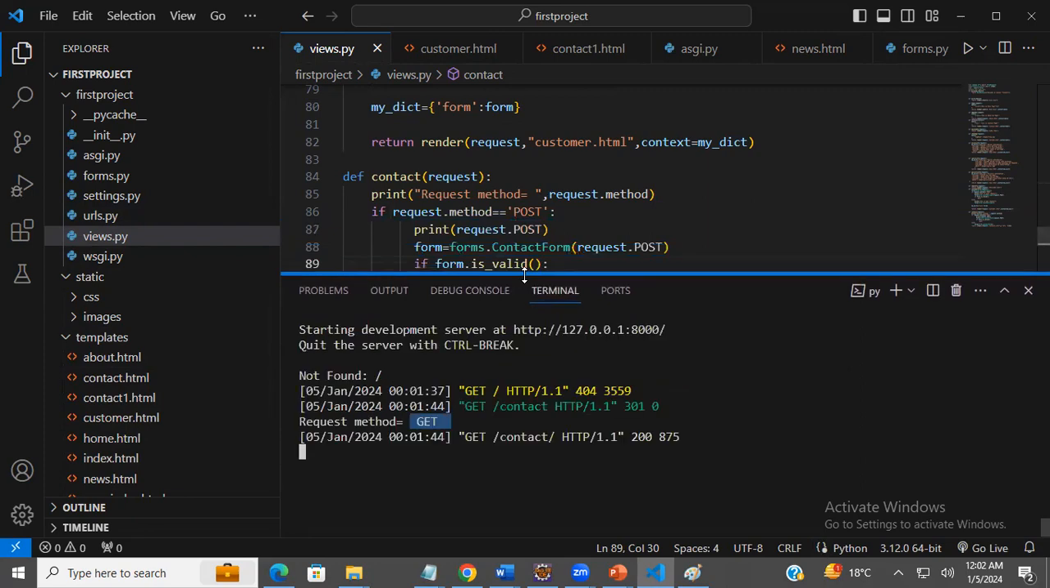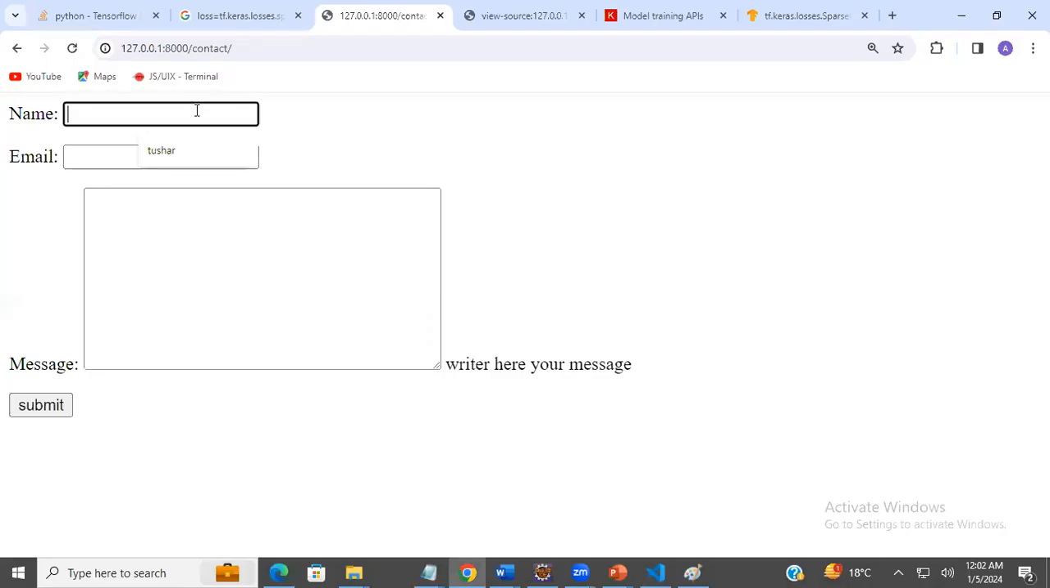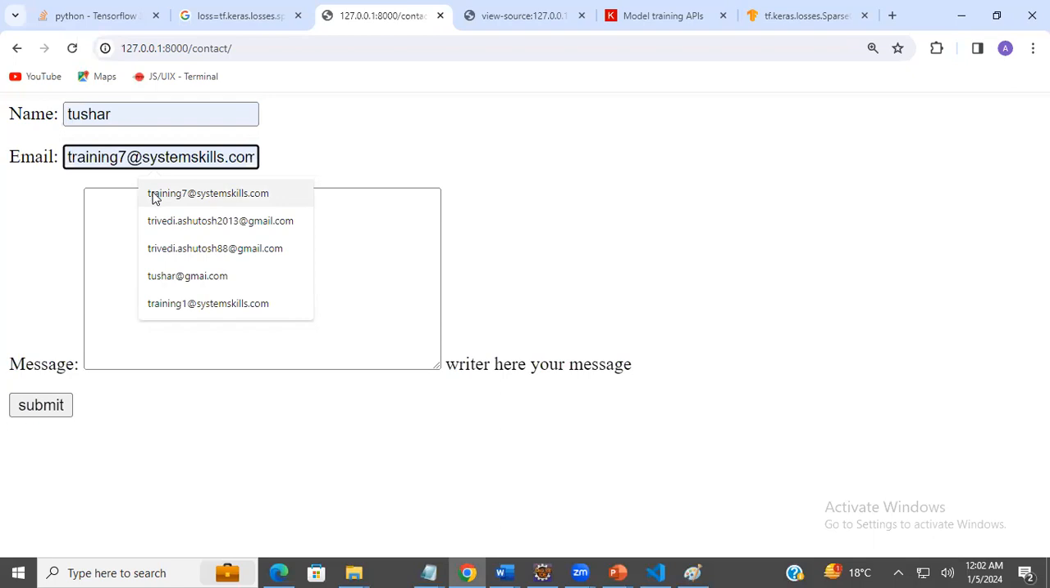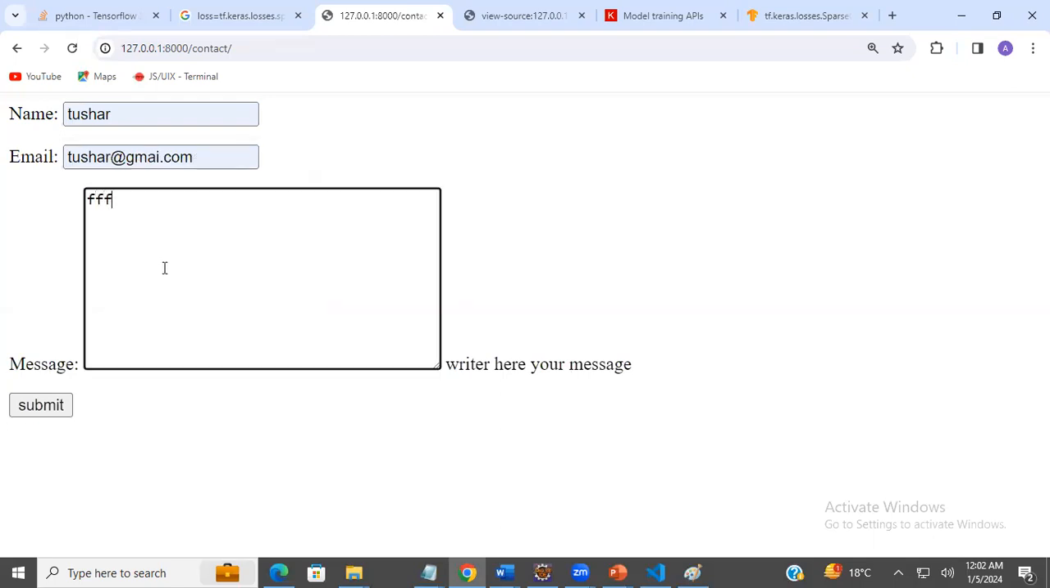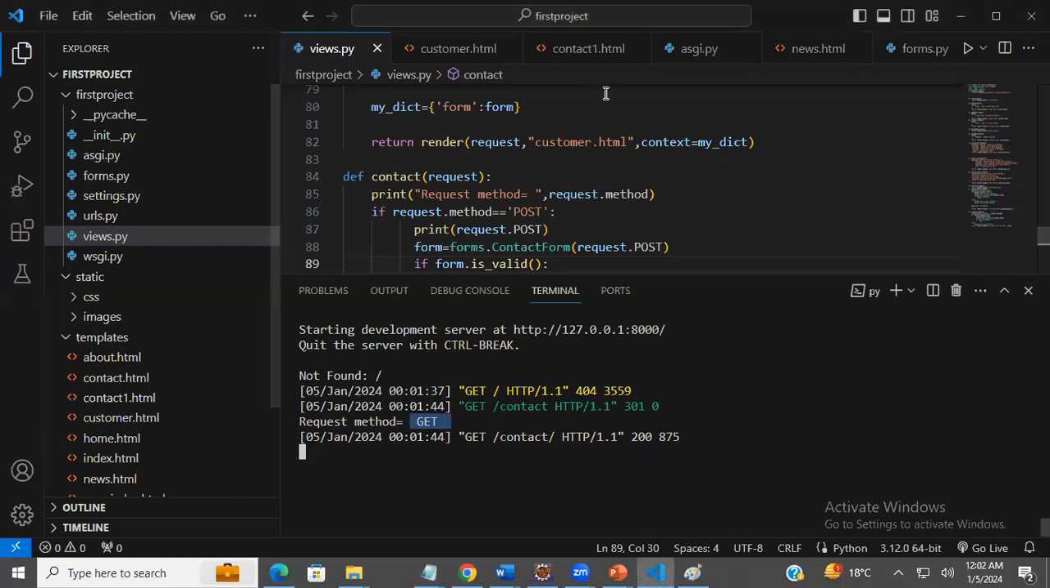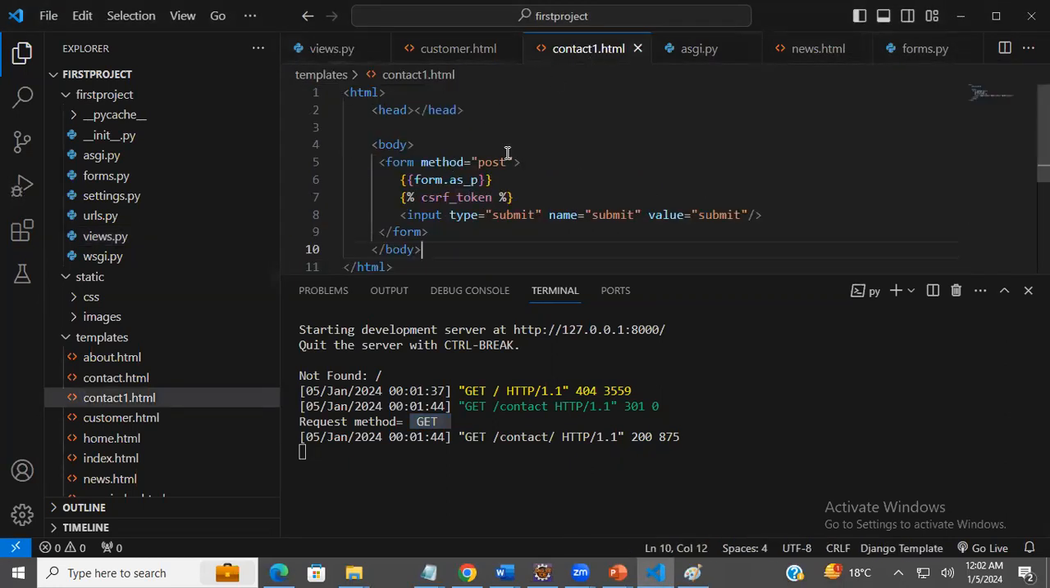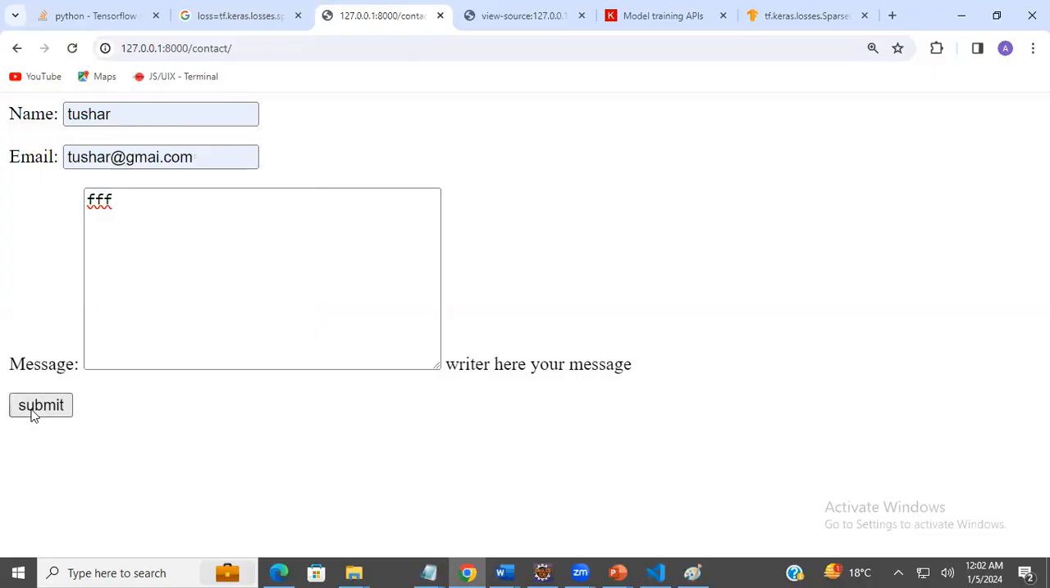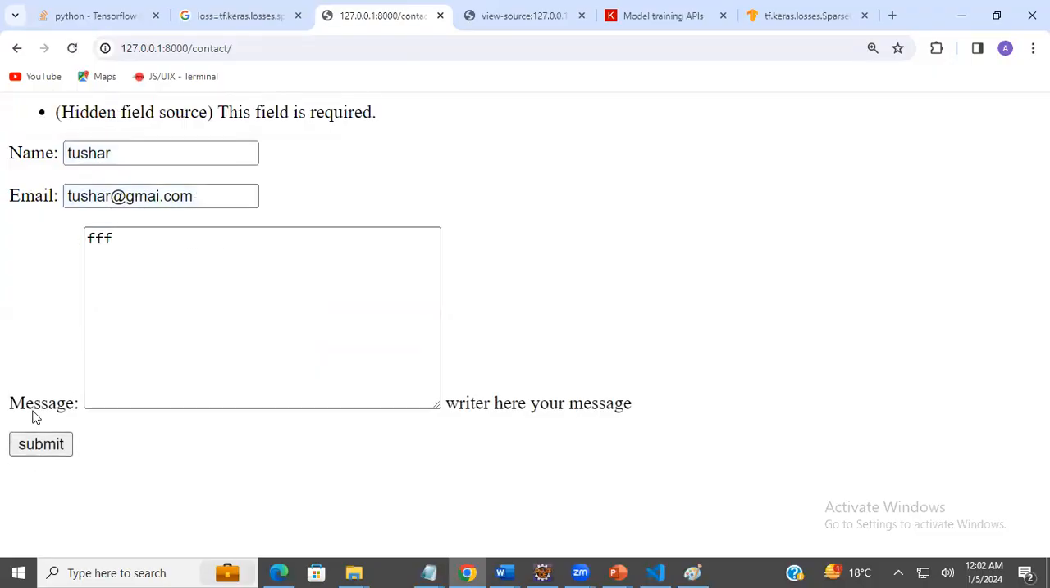But suppose you enter some data here, and after entering some data, you click on the submit button. Now you are submitting the form to the server. You can check in your template also, your form method is POST. Once you click on the submit button,